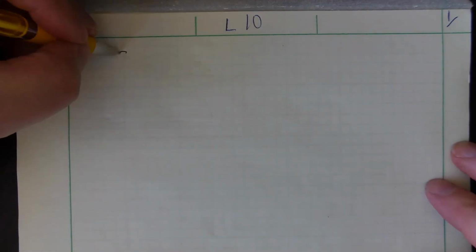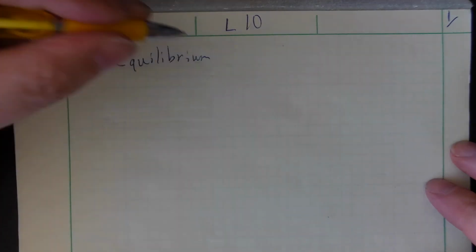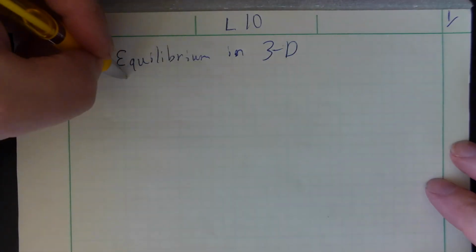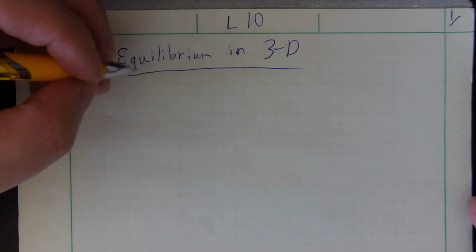So we're going to start lecture 10 here for us. This will be where we talk about equilibrium in three dimensions. Is going to be our focus. This is kind of the latter part of chapter 5, and the Hibbler text is what we're using. Equilibrium in three dimensions,